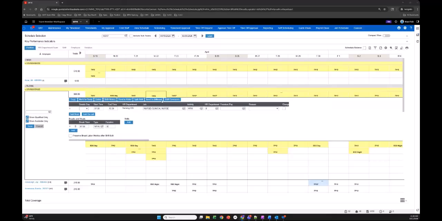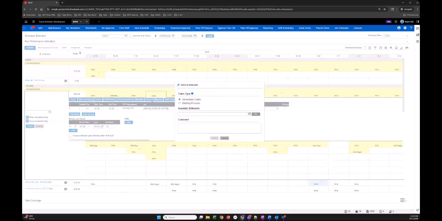So this throws a lot of folks off in your process. If you click into a shift and you don't see this send to Billboard button, that doesn't necessarily mean that your groups weren't created correctly. That might mean that the shift is either in the past or it's unpublished. So we want to make sure that they're published in the future, and I'm going to see this send to Billboard button. When I select this send to Billboard button, similarly to what I was showing, if I click on